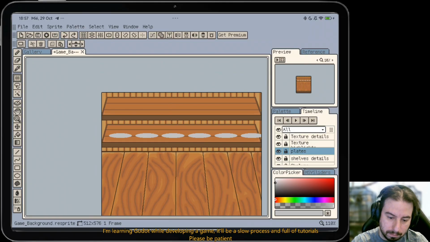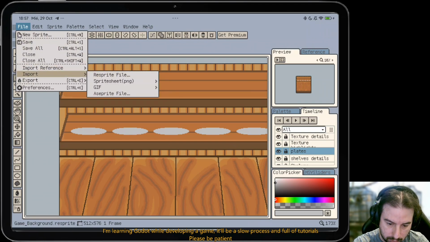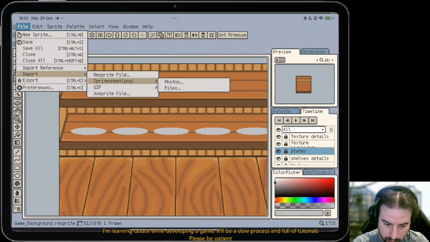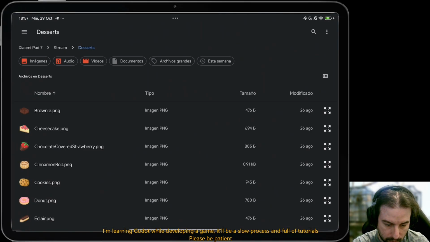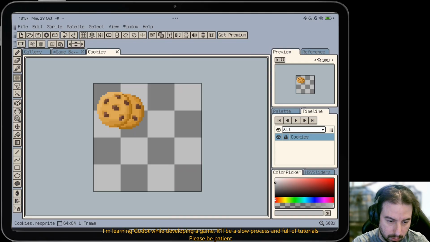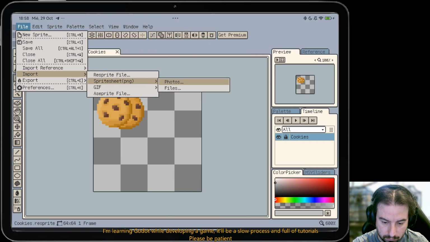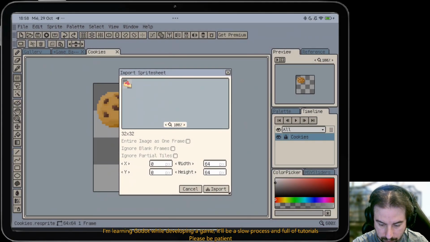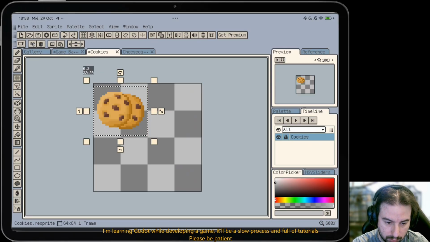Does not fit. By the way, let me import a, so let me import the cookies, and let me import the cheesecake, for example. Okay, so let's grab that, copy that,